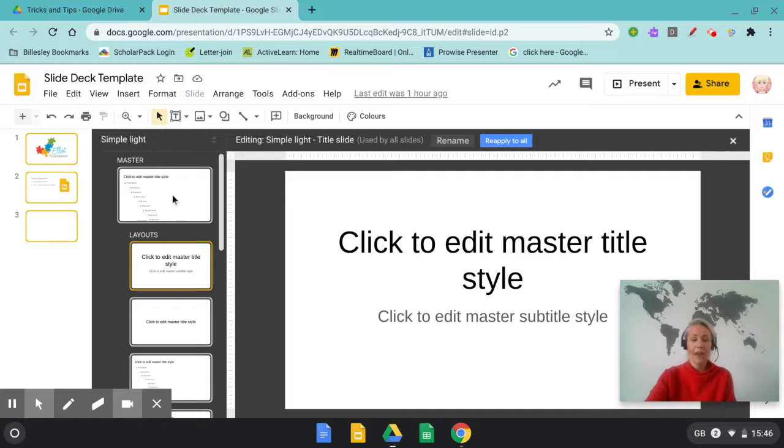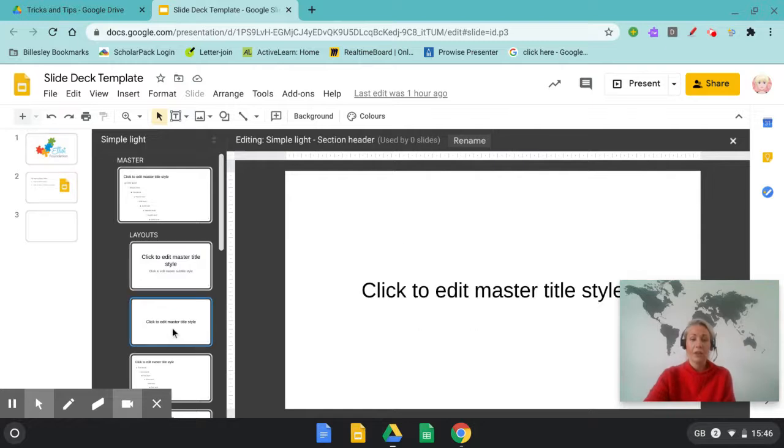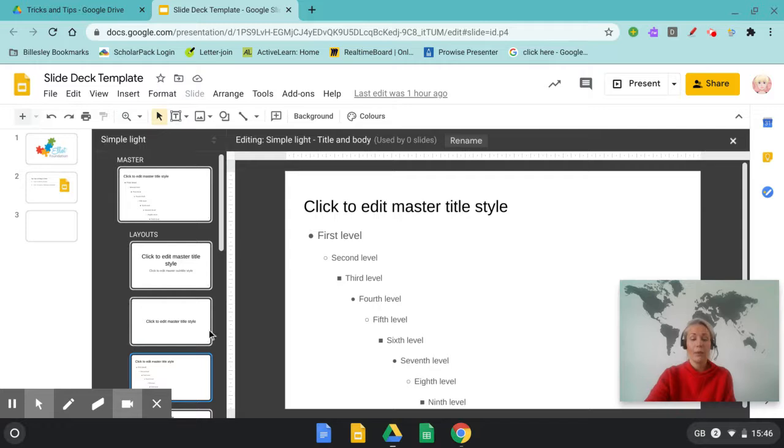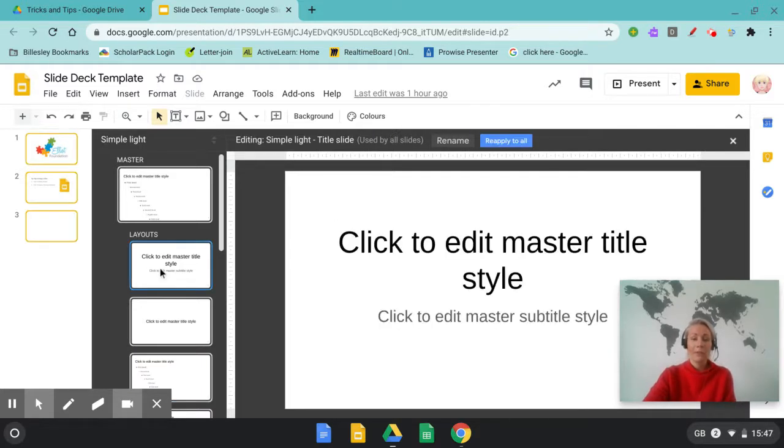Okay, you can see now that there are quite a few layouts and master slides that are uploaded already, and each one is being given a name. So the first slide that opens for us is the title slide. Google have then given us a section header, title and body, and various other ones as you scroll down. If I just go back to this title slide, if I double click on here,